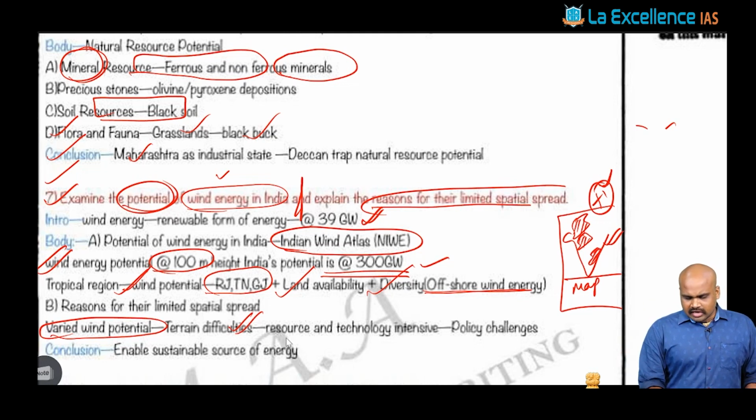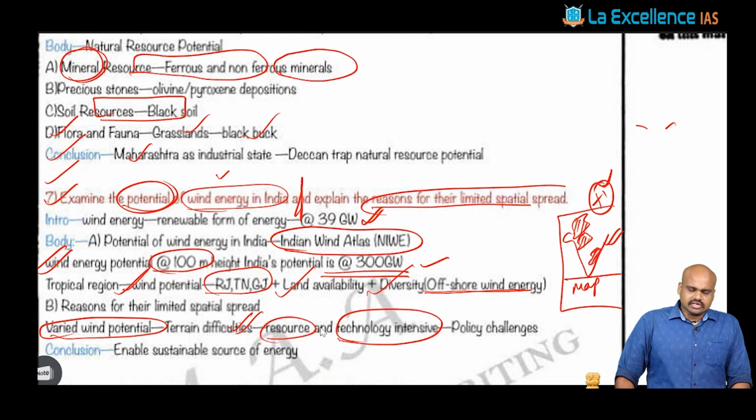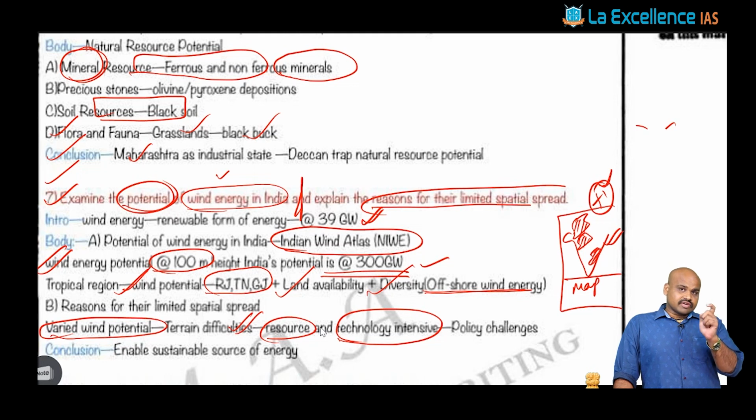Then moving on again, that is with respect to the technology intensive and the resource intensive nature of this energy. When you look at the design of the wind blades, or the wind vanes itself, you would see it is of very different types. You would study 4 different kinds of wind vanes when you are understanding these energy systems, right? That is again technology intensive, that is again resource intensive.